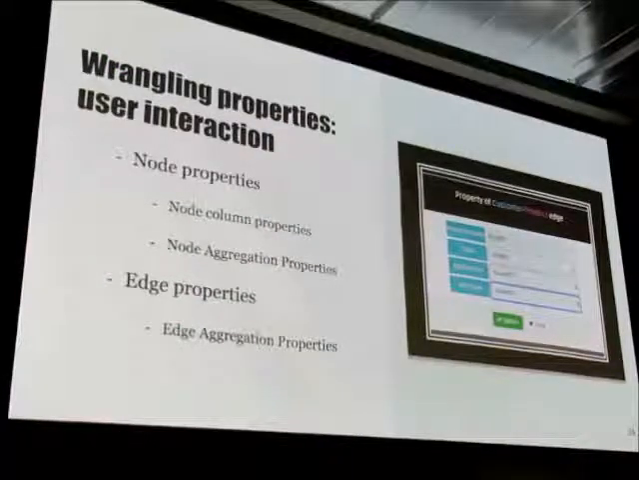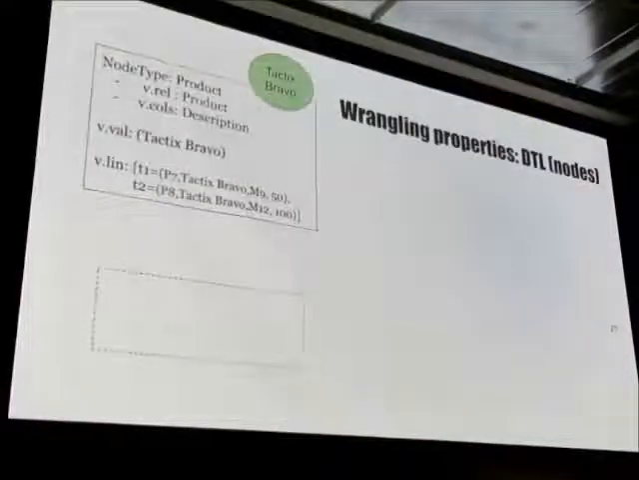So you can define some properties. GraphWrangler supports node and edge properties. Node properties have column properties and aggregation properties, and for edge properties it supports only aggregation properties. So for node properties,